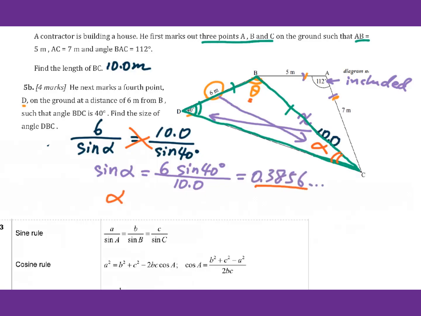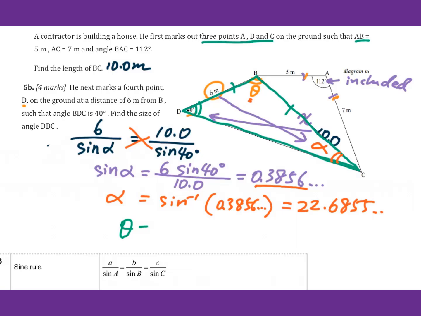Then alpha equals inverse sine of this value. You will get 22.6855. Then theta equals 180 minus alpha minus 40. You will get